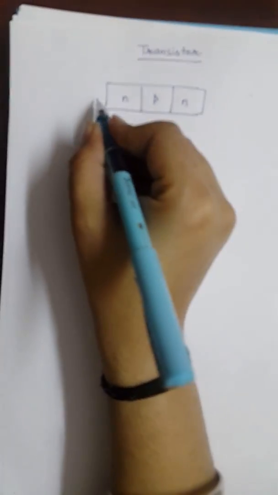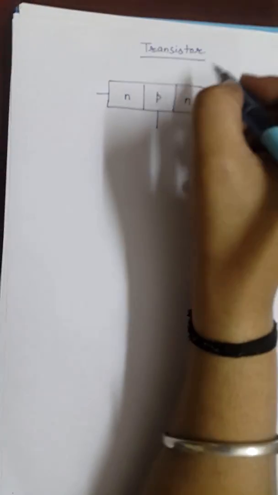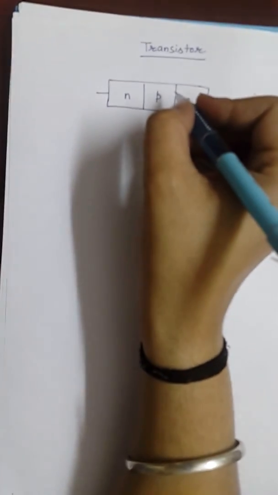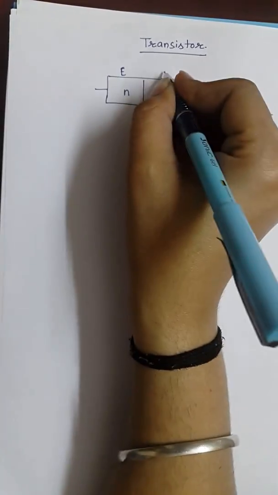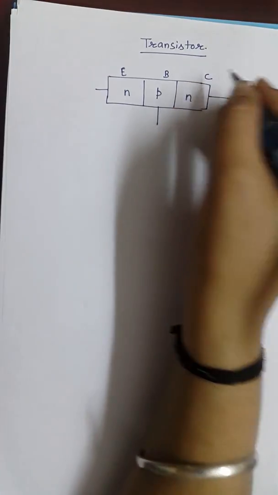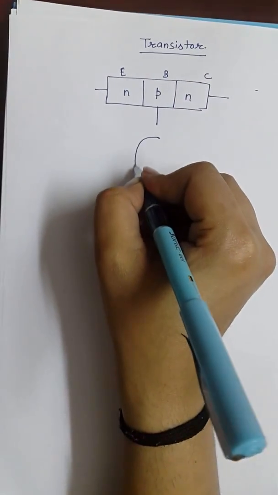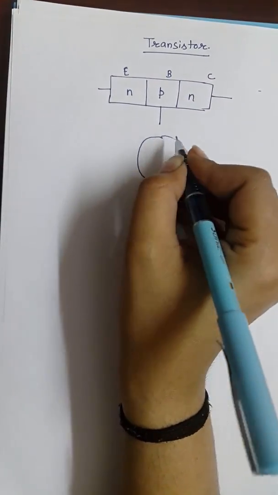It's an NPN transistor having 3 terminals. That is why it is known as a triode also. Right? They are also known as junction transistors or junction triodes. It's the emitter, base and collector. The symbol for the NPN transistor is